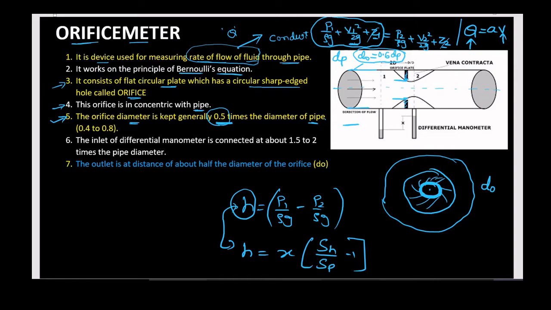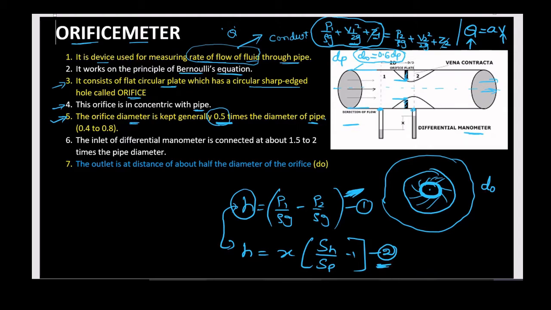Here in the orifice meter we are using a manometer, because we are measuring small or low discharge rates. In industry they may use pressure gauges at inlet and at outlet. Then you use this first equation. If you are using the manometer for measuring pressure difference, you go for the second equation. In our laboratory, we are going to use manometers, so I have to use the second equation.